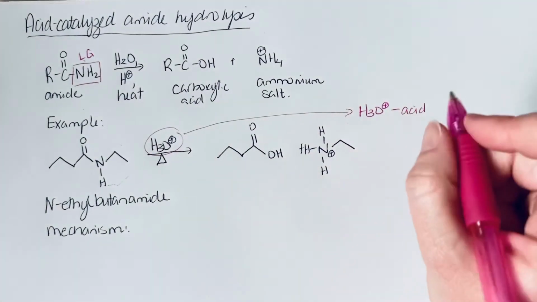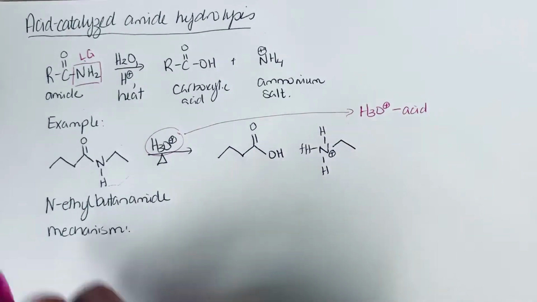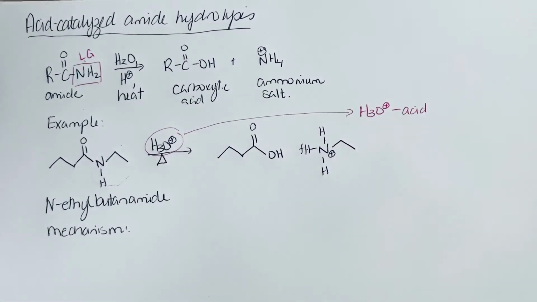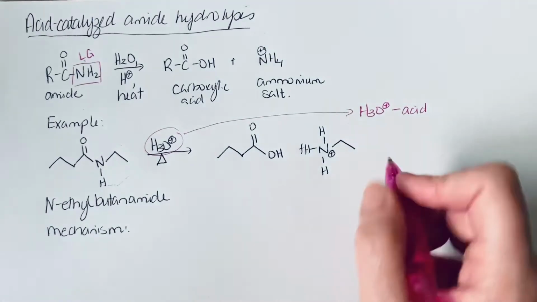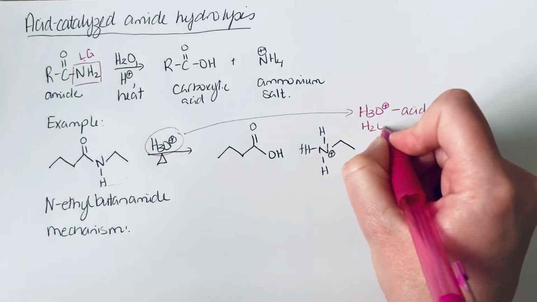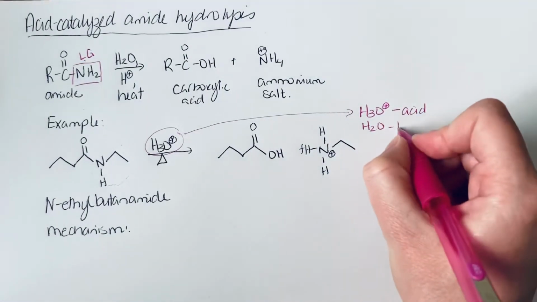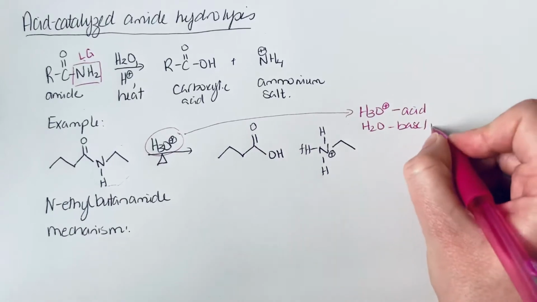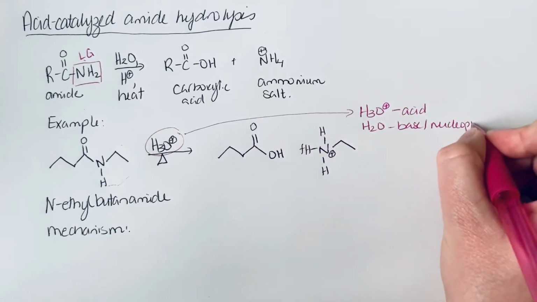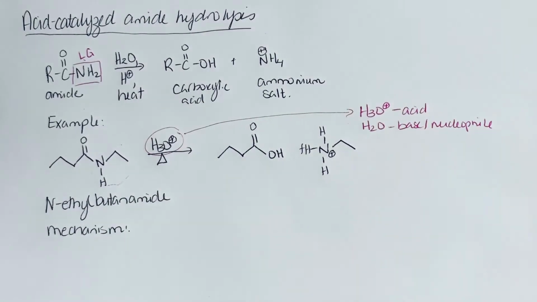So anytime you find yourself needing to add a proton in the mechanism, you're going to use H3O+ to do that. The only thing you're going to have available in this solution to act as a base or a nucleophile, at least at the very start, would be the conjugate base, which is water. So if we need a base or a nucleophile, this is what we're going to use for most of the